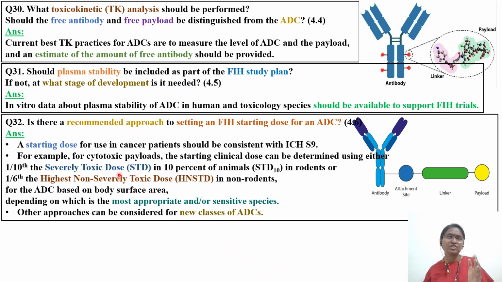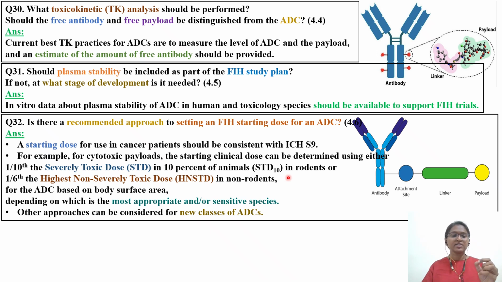In the case of conventional molecules, generally you will take a NOEL, apply a fraction to it, convert it to HED, then convert it to MRSD, the maximum recommended safe dose. But in the case of anti-cancer drugs, the objective is not to derive NOEL, but to identify the STD, the severely toxic dose, in the case of rats. The definition is a severely toxic dose in 10% of the experimental population. Death is not there.